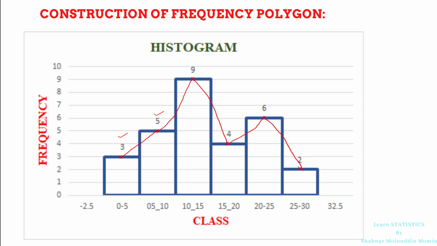These are the straight lines after joining the midpoints. Now this curve does not touch the x-axis, which means it is not a closed curve. In order to obtain a closed curve, we extend the curve on both sides at a distance of half of the class interval. In this example, we know that